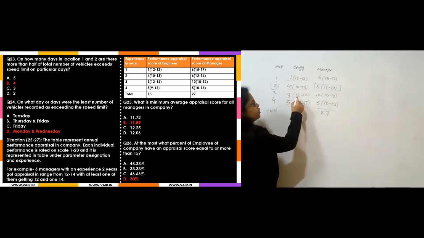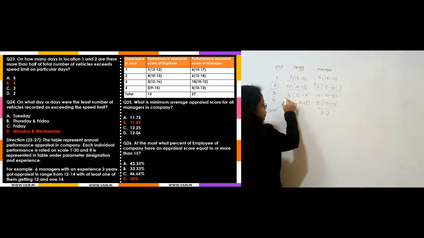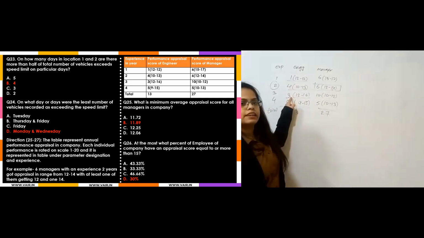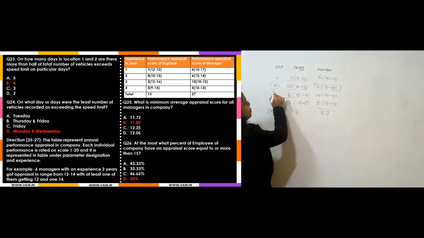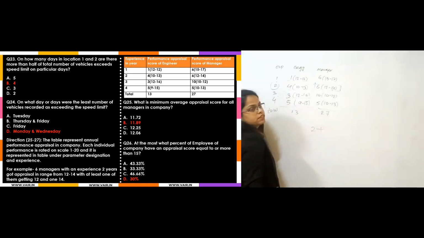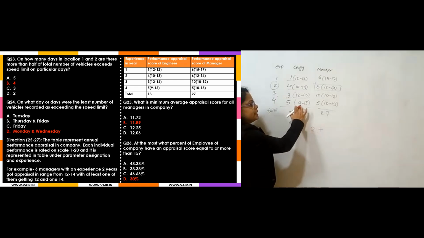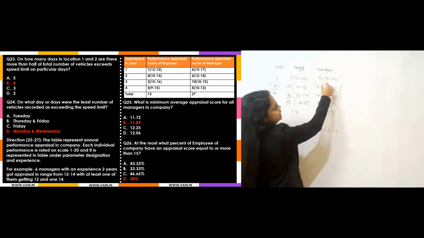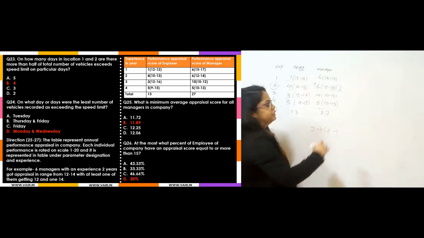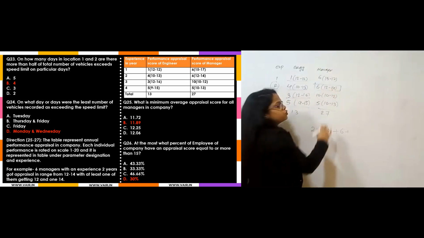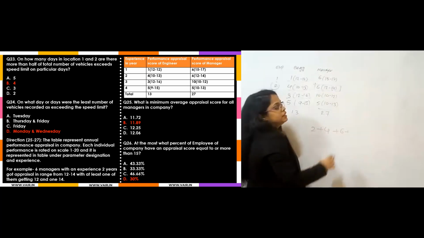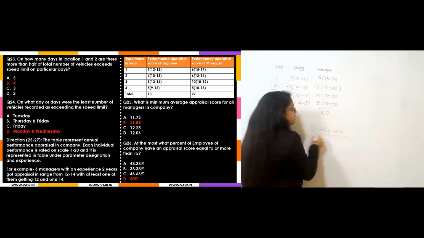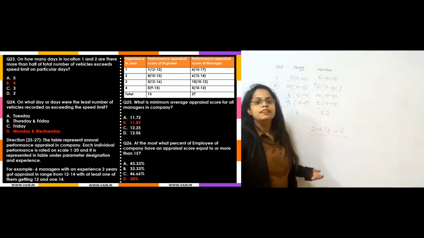Now, out of these three, I know that at least one should get 12. Out of these three, at least one should get 12, one 16. So at least one is 12, so I can say that the remaining two will get more than 50. So from this, I get 2 engineers. Now from here, 9 to 15, which means at least one member will get 9, remaining 4 members get 15. Here 15 to 17 means all get more than 15. Those are 6 members. Here 12 to 14, there is no one which is in between 15. 10 to 12, no one is there for 15. 10 to 13, no one is there for 15. So these are the members who get more than 15 or 15.